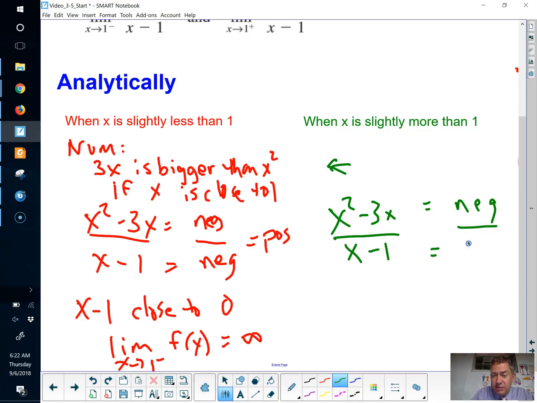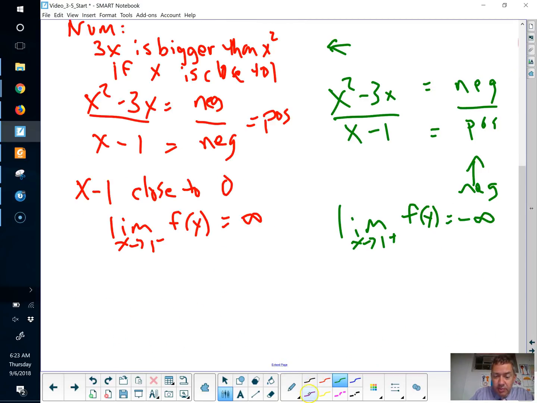That's going to be positive, so we'll have negative over positive. We will be going toward a negative number overall. Negative over positive will be negative. The limit as x approaches 1 from the right-hand side of f of x is negative infinity, which means overall